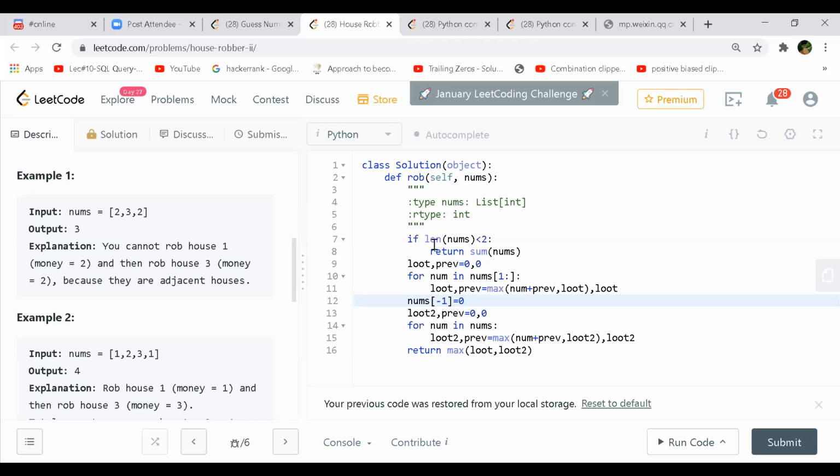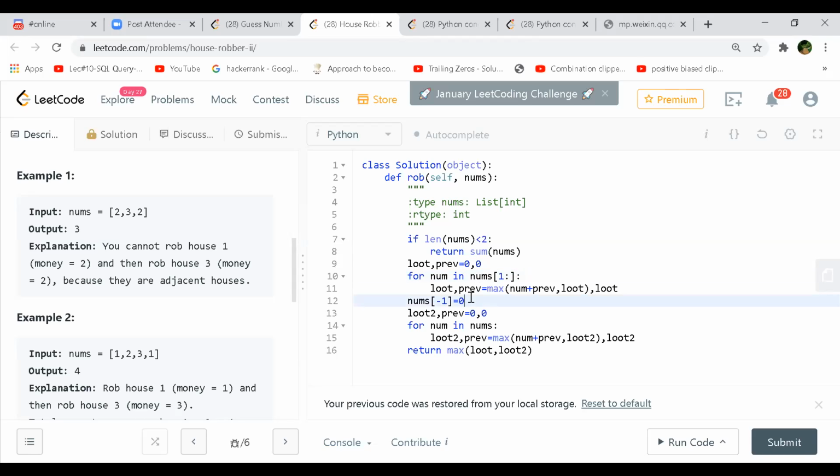So here, this is a base case. If length of nums is less than 2, that means 1, you just return the sum of that. And loot and prev we have. So I'm leaving the first number. After leaving the first number, my loot will be the max of current plus previous and what I've looted till now. Okay. And my previous will be whatever loot is there. I mean 0. Okay, so the loot will be the value you have looted, nums minus 1, right? If we ever consider that index, okay.